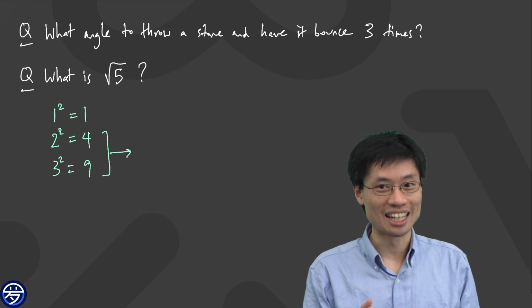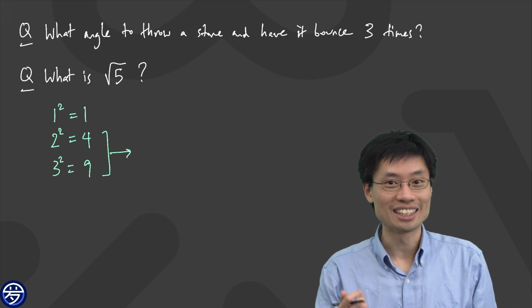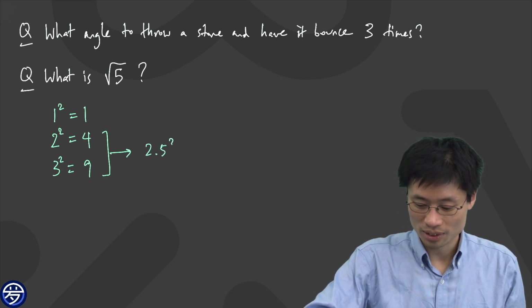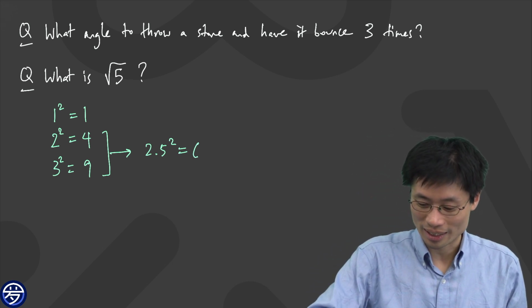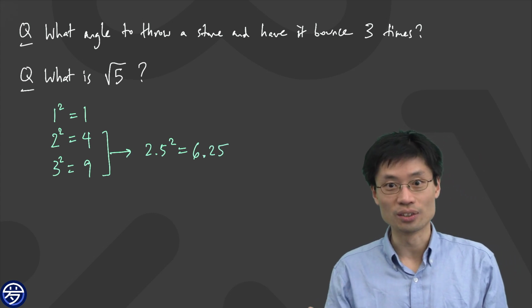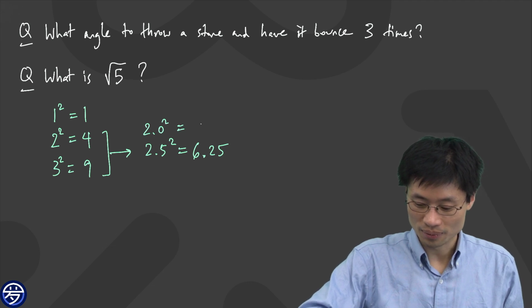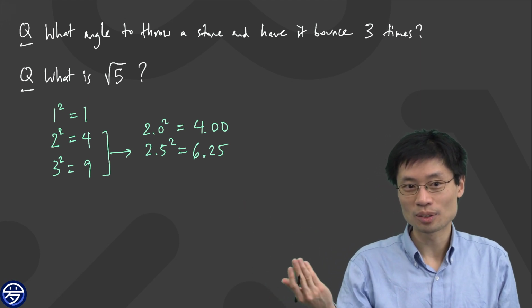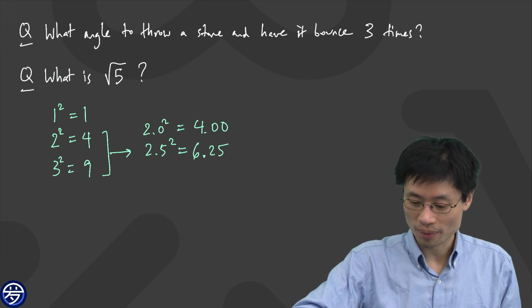So 5 is between 4 and 9, so now I need to try some numbers in between. What number should I try? Should I try 2.5? 2.5 squared, 25 times 25 is 625, so I could say that's 6.25. And now I know that it's between 2 and 2.5, because 2.0 squared is equal to 4.00. And since I need to be somewhere in between, I need to choose something else. Somebody says maybe 2.2 or 2.3. Let's try something in the middle. What's a nice number to square? I'd like to square 2.2, because 2.2,